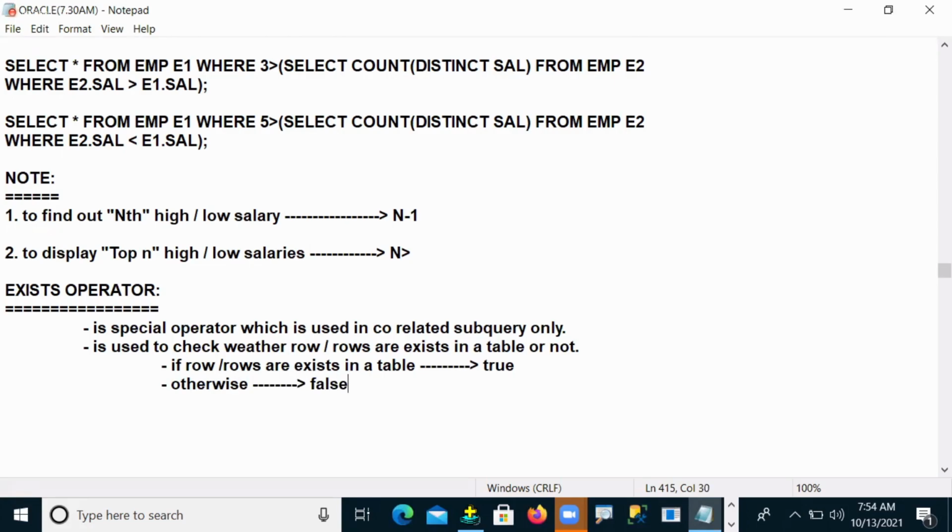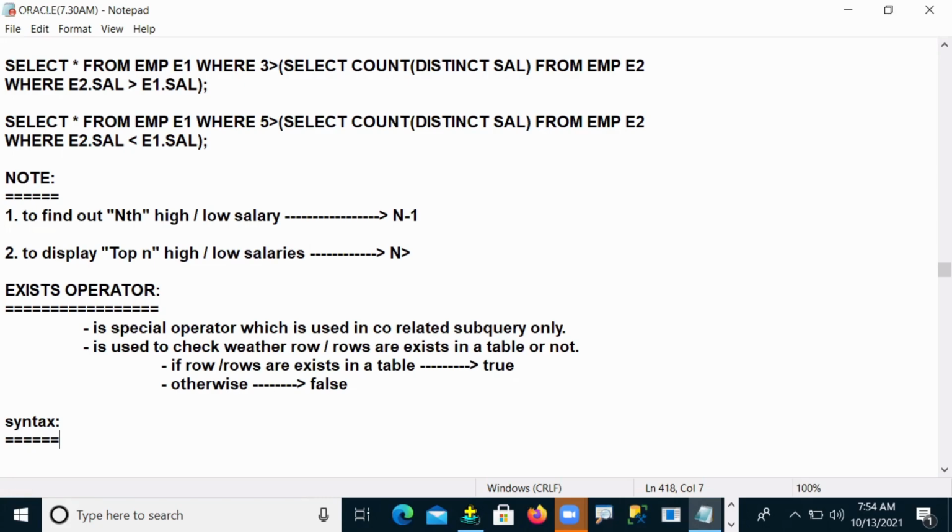So this is the exist operator. Its purpose is that we use it in correlated subqueries only, and other than correlated subqueries we can't use it in any other subquery. The second purpose is checking whether the row is there or not.